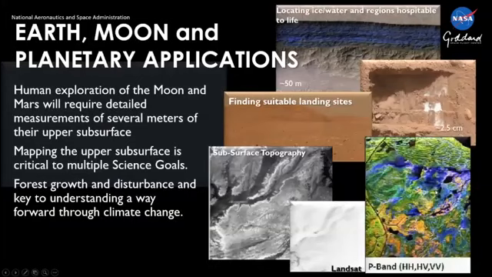So our applications we've done so far are the Earth ones. So we've looked at forests and wetlands, to get a feel for how this technology works for forest ecosystem mapping, something that NASA is very interested in. But the next journey for this is to the Moon and Mars to start looking at subsurface features. So here's some examples.